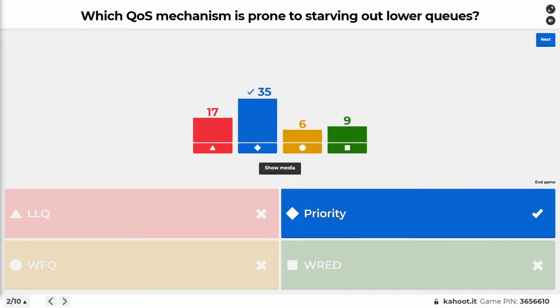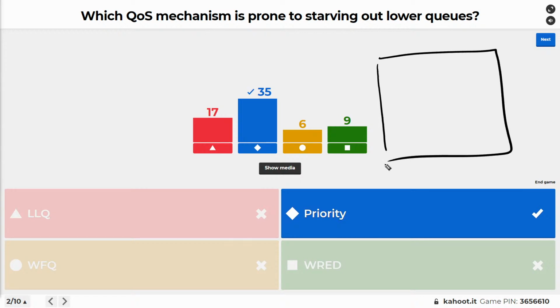Priority queuing isn't used too much anymore by itself, but absolutely it will starve out the lesser ones. So let's imagine that we have a room. Whenever I think of QoS, I think of a room full of packets. So let's give you a room full of people if you want for that analogy. That works too. And they all want to get out. They all have an urgent need to get out so they can get on to where they're going. I mean, life is short. They want to get where they're going.